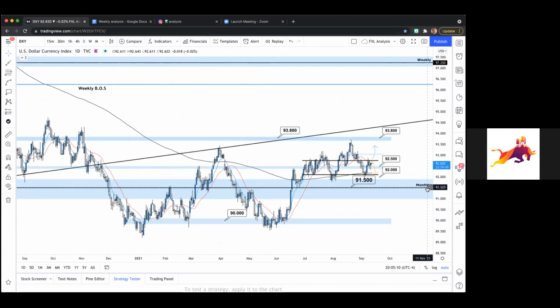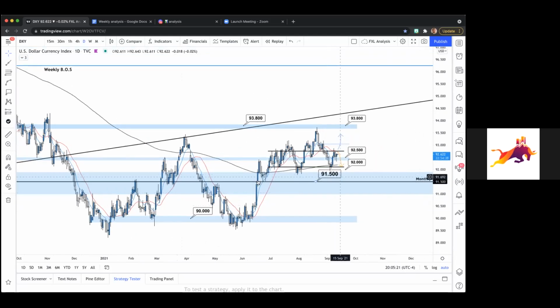So this has really been the main level for recent price action. As we move above it, we see a lot of bullish pressure, and as we move below it, we see a lot of bearish pressure. So where are we now? We're above the monthly. We're forming higher highs and higher lows, with a little more consolidation in here, but overall still very bullish. So that's the trend.